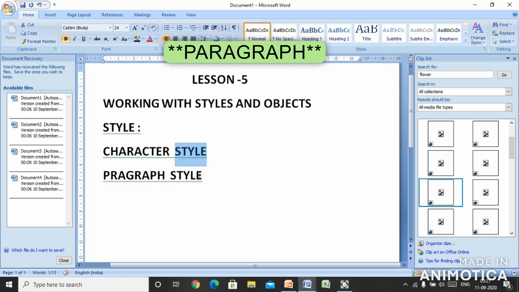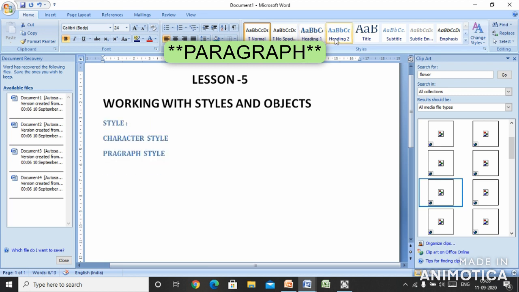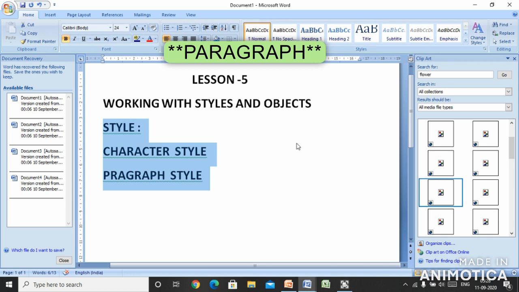Now in paragraph style, it selects the entire paragraph and makes the changes into the entire paragraph. I have not written a paragraph for you, but see here, you can see the changes. So this is known as character and paragraph style.